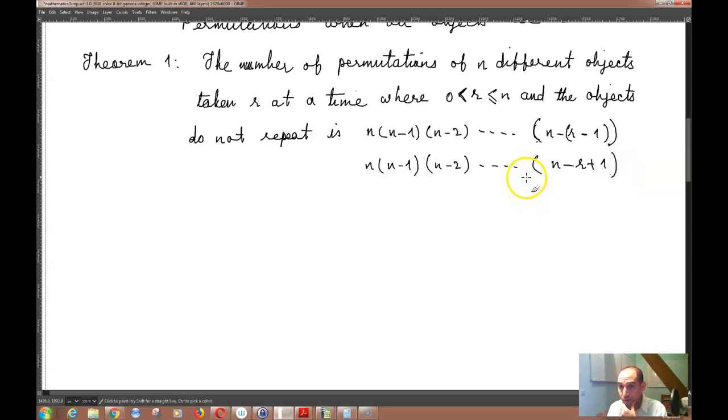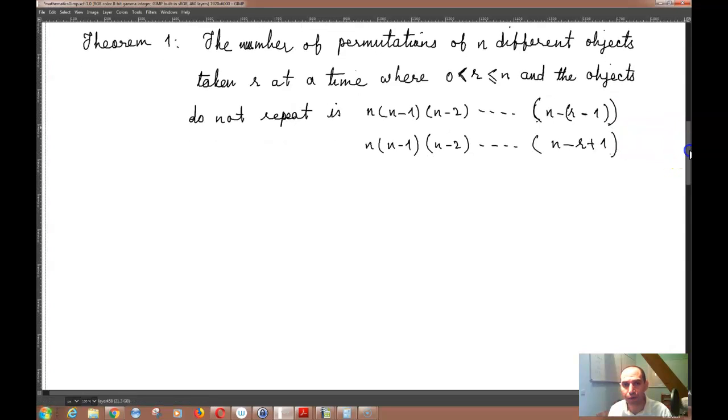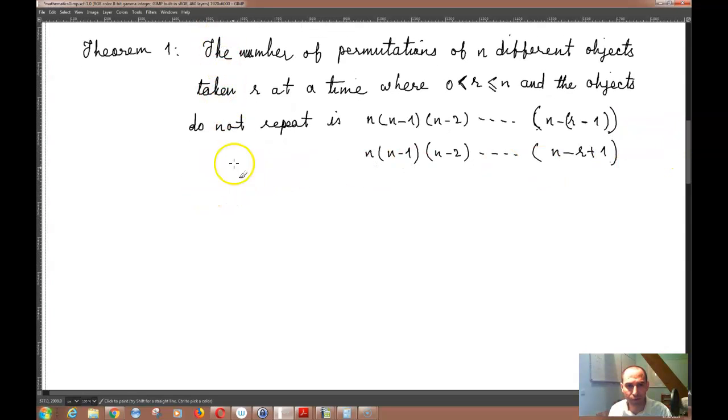N minus r plus 1. And the way that you can get to this, of course, it's easy. When you had, for example, 4 letters, for example, ROSE, and you wanted to calculate the number of 4-letter words that can be made using these 4 letters, that would be, for example,